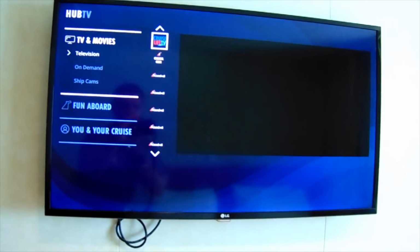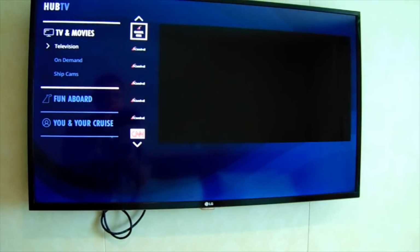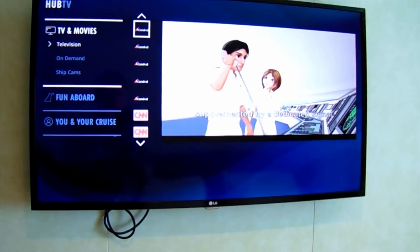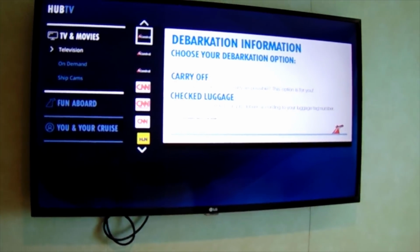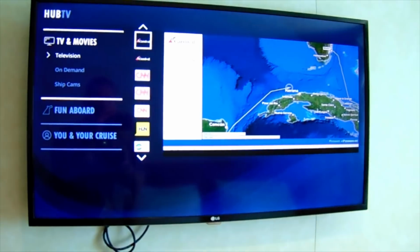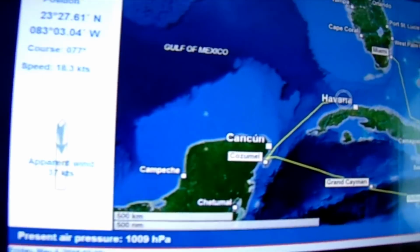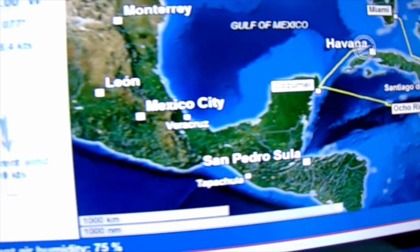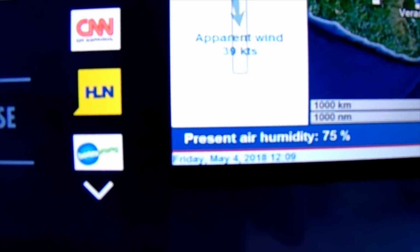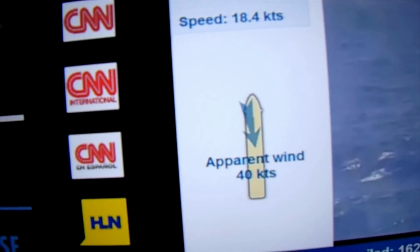And what's cool about this is it's actually got different channels that are just Carnival channels. So this is a channel showing the building of the ship. Then if you go through, it will show you safety, shopping, of course, and debarkation information, which we don't want to talk about. Then a map showing you where you're at. This is kind of cool because it shows you a map of where you're at and where you're headed. Looks like we have Havana just off to our starboard, so we should be able to see Cuba. It also shows you some of the stats: how fast we're going, where we're located, the course,